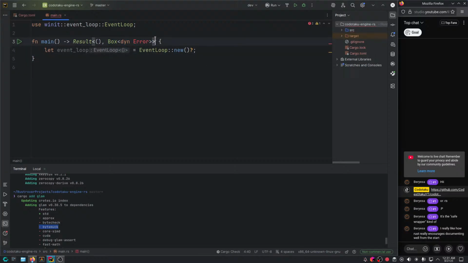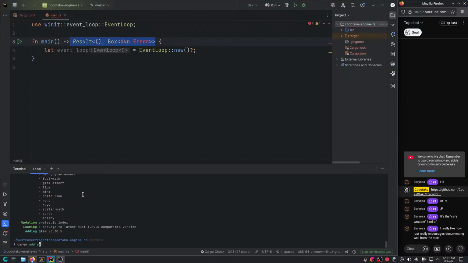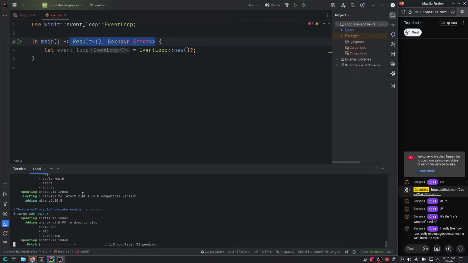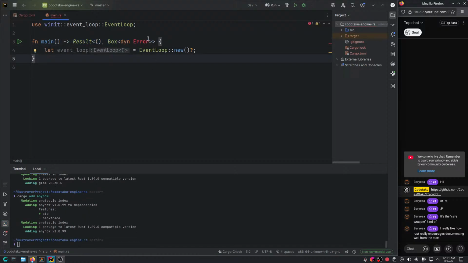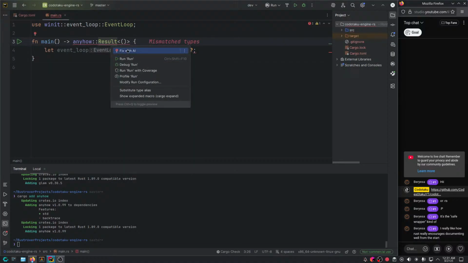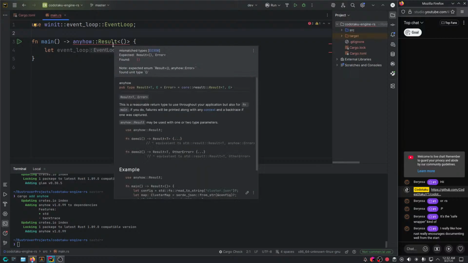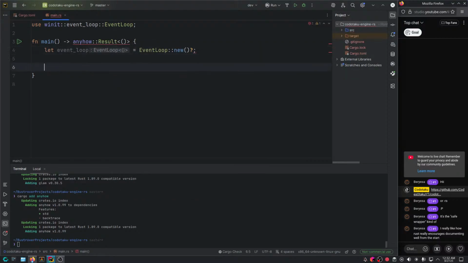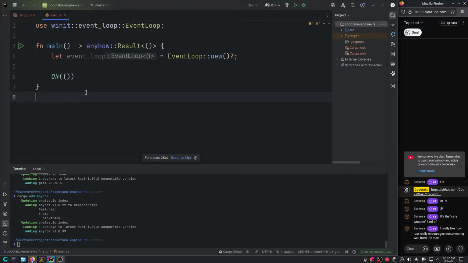Other than that, instead of this, you could also add anyhow to make it a little bit nicer and more convenient to return any kind of error from your function. Now, if you're making an actual library, you do want to make an enum of all the possible errors. But since we're just making an executable and we don't really care too much about the errors, we're just going to use anyhow. So here you could basically just say anyhow::Result. And there we go. And we're just gonna say Ok.